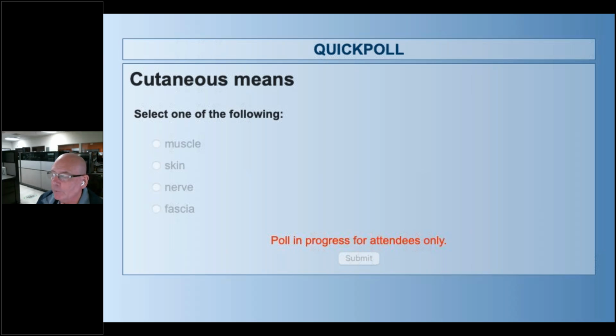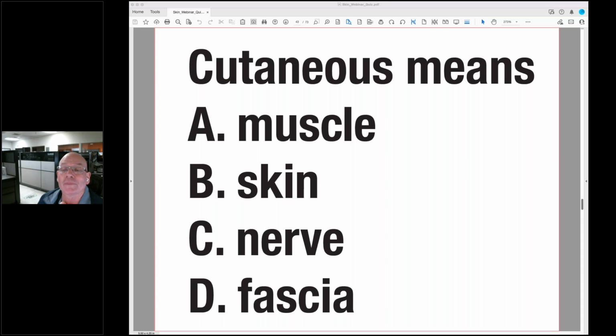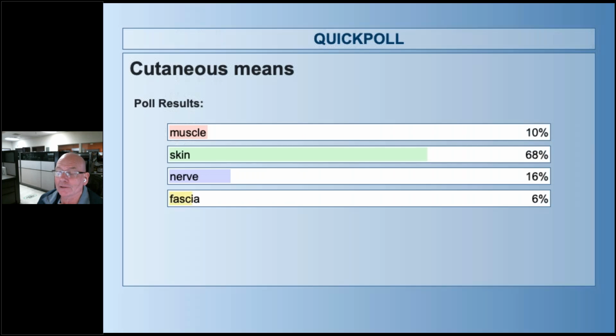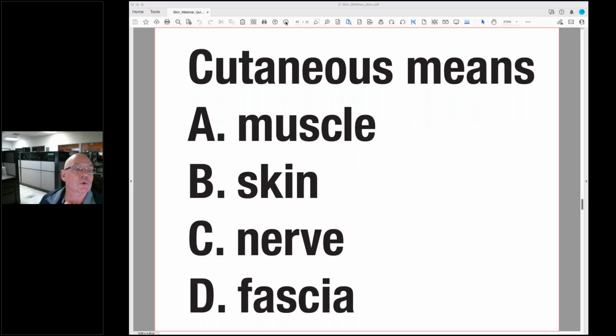All right, 78%. Let's go ahead and finish up. Oh man. Okay. Closing the poll and sharing the results. I thought it would be much, much bigger. Skin is 68%. Still not terrible, but